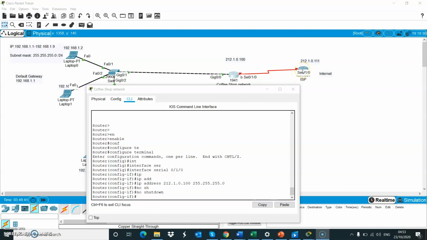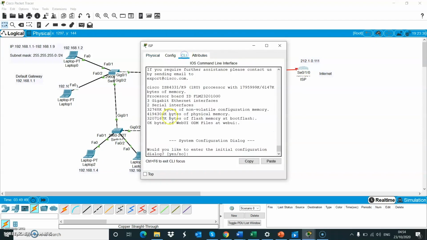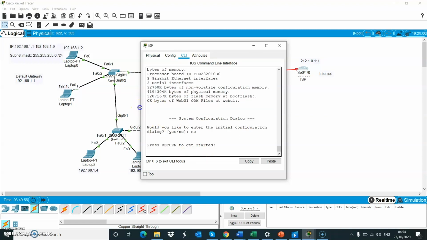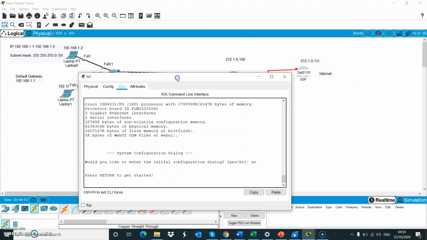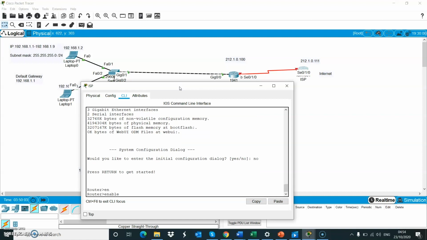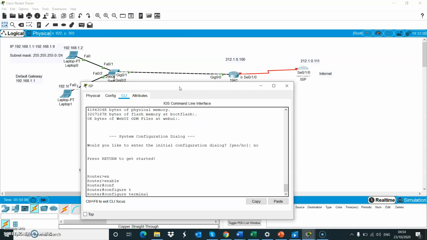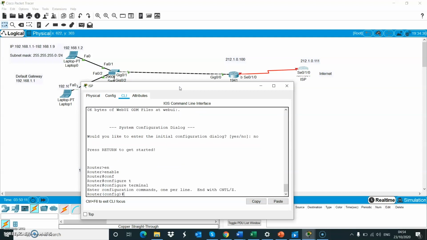So to do this, we simply go to the ISP router, we click on it, and we go to CLI, and we type in the command no, enter. And what do we do next? Now we can type in the other commands. Enable, enter, configure terminal, and enter. And now we're working on this interface on the ISP because we need this interface to be open. So we go to interface serial